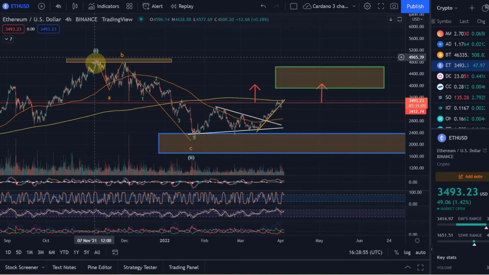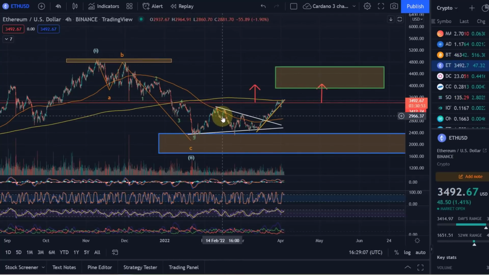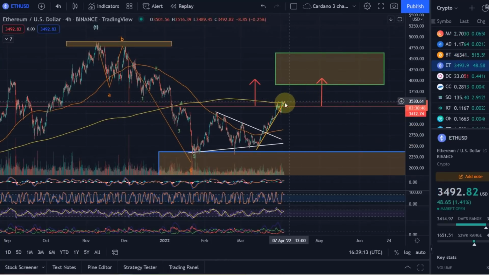Ethereum obviously did come down in this correction into the target area. In the target area we had a good chance to turn around, get back into an uptrend, and in my opinion what we can see here is that Ethereum has turned around, but it's also a little bit too early to really talk about a sustainable breakout to the upside, because as you know,